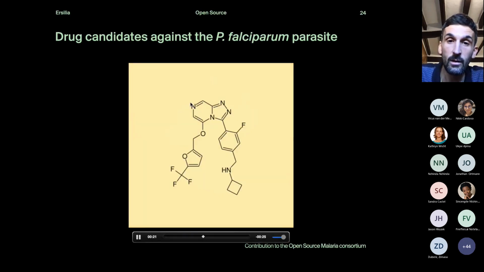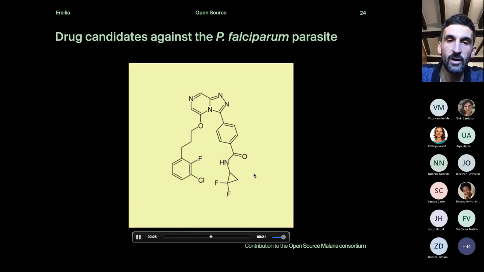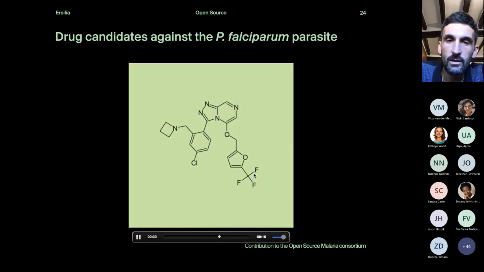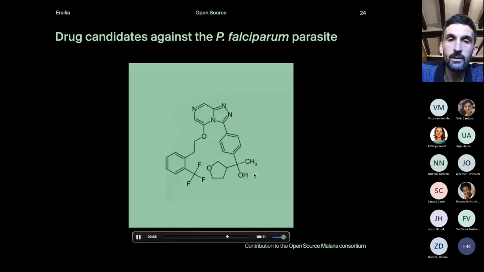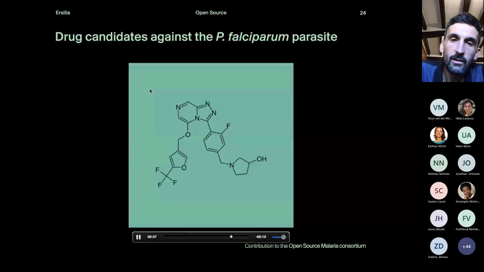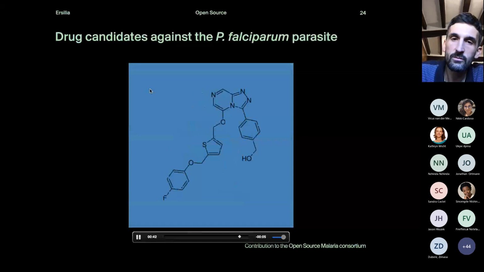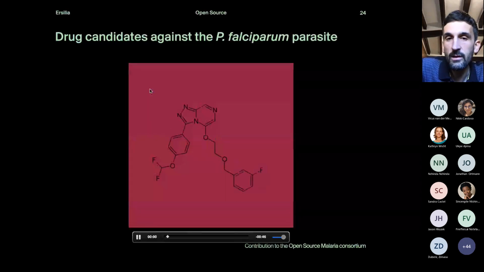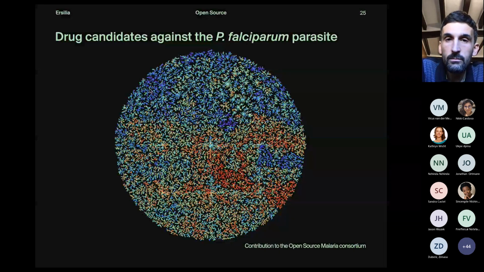You can see a common core that we know is active, and here in the branches you can see different, let's say, derivatives of this core that we are suggesting and believe can be active, right? The more blue you see in the background, the more active we predict those small molecules to be. At the end of the day, this is something that we can actually do with these generative, language-based tools. We can produce a large set of candidates.